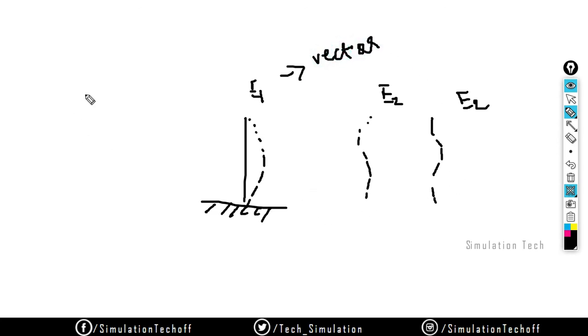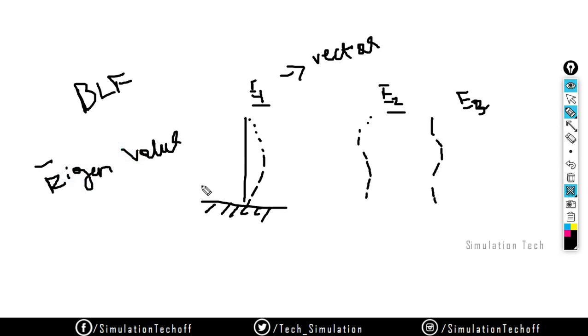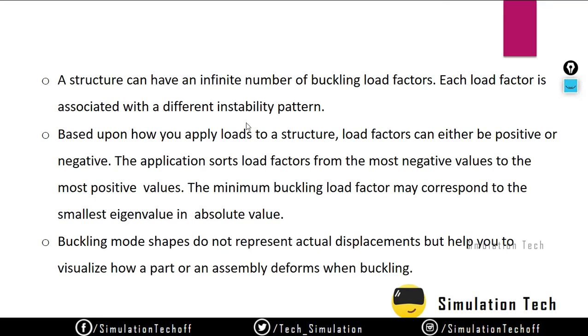And you get different factors, that is the buckling load factor BLF, for each and every one of E1, E2 and E3, and that is called the eigenvalue. So that is why it is said to be an eigenvalue buckling analysis. The mode shapes are called vectors, and the values you get from here are called eigenvalues. So this indicates the instability patterns.